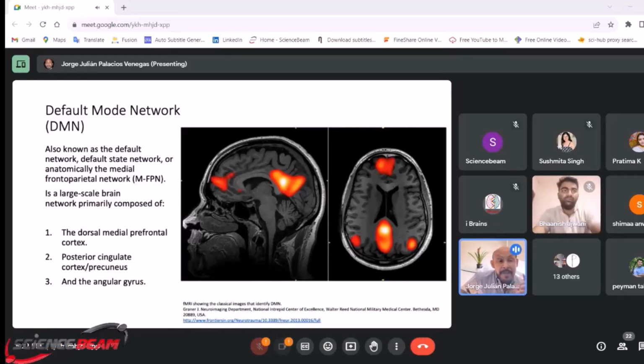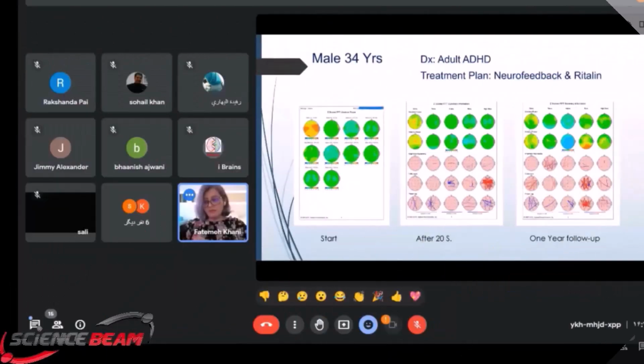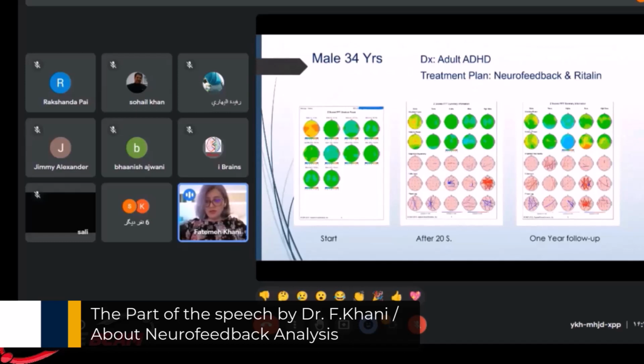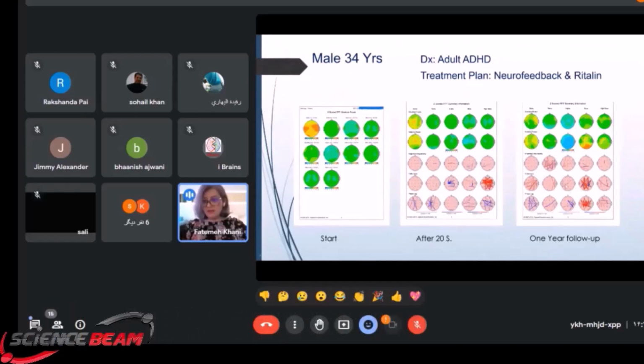is one of the large-scale brain networks. It is also known as the default state network, and previously it was known as the resting state. Some extra sessions, and we do it, for example, for 5 to 10 sessions, and we